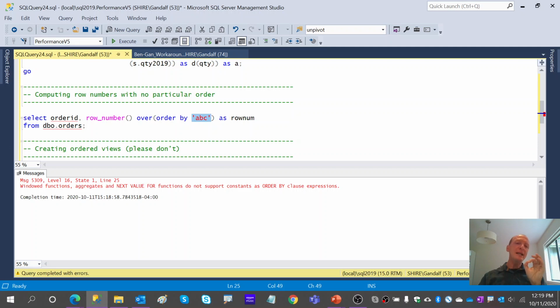So what it's really looking for is some kind of an expression as opposed to just a straight constant. It thinks that we would be using some column as part of the expression, but it just has a requirement to use an expression.